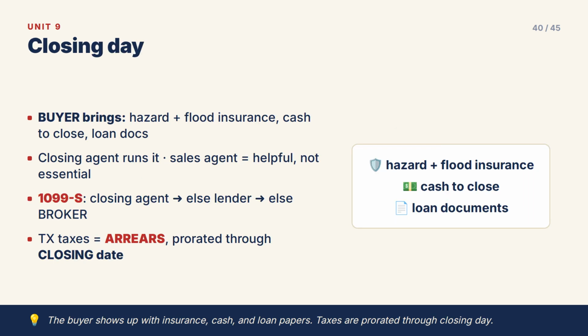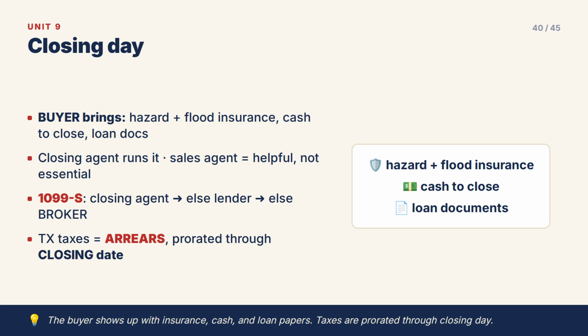Who brings what? The buyer shows up with the hazard and flood insurance, the cash to close, and the loan documents. The closing agent runs the show. The sales agent is there to answer questions and chase missing paperwork. Helpful, not essential. The IRS 1099-S goes out from the closing agent, or if not, the lender, or if not, the broker. And say it one last time: Texas property taxes are paid in arrears and prorated through the closing